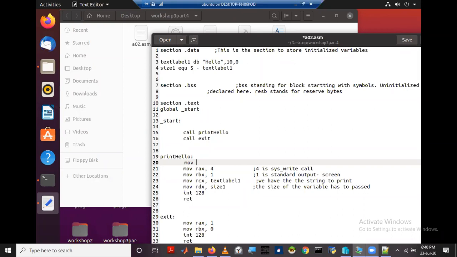Inside the general purpose registers, there are 8 registers. Under that, I'll use RSI, the source index register. You can use any register you want other than these 4 registers. Never mind. For demonstration, I'll use the RSI register.